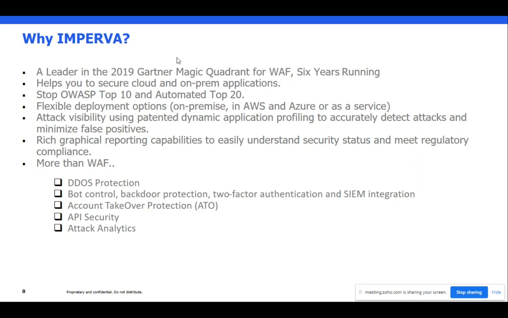We have flexible deployments. We provide on-premise deployments. We also provide deployments on the Azure platform and the AWS platform, and we also have it as a service provided by Imperva. With attack visibility, which is a patented technology from us, we help you do dynamic application profiling. This is really helpful to analyze applications, make a profile of an application and provide security to that specific application